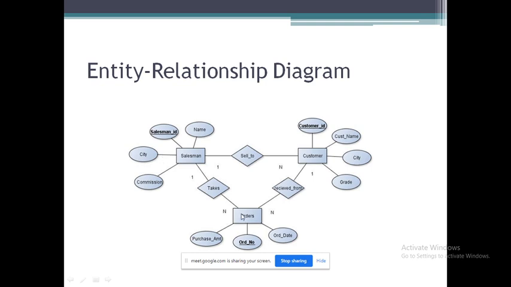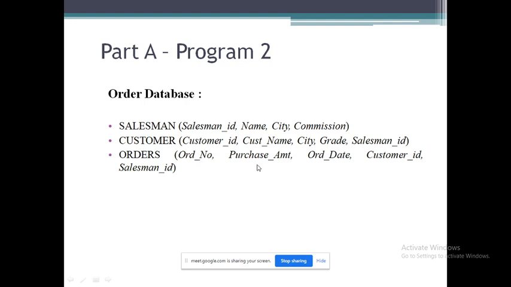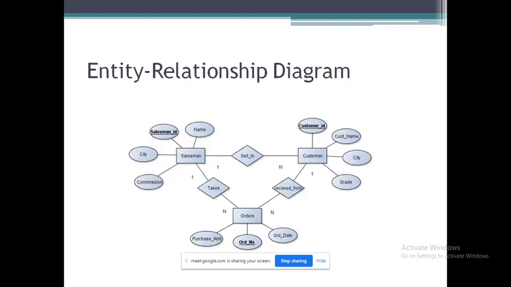Similarly, for orders, in the schema they have mentioned customer ID and salesman ID, but these are the properties of salesman and customer. So that's why here we'll put only purchase amount, order number, and order date. Okay, is that clear?